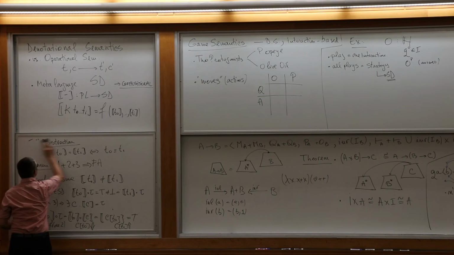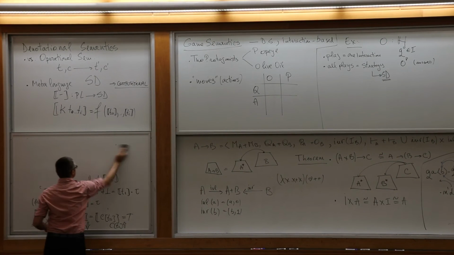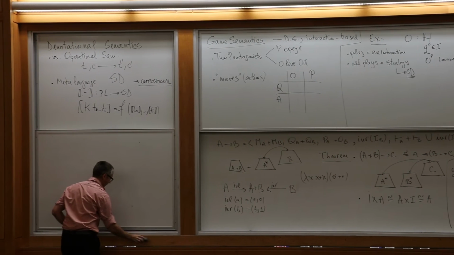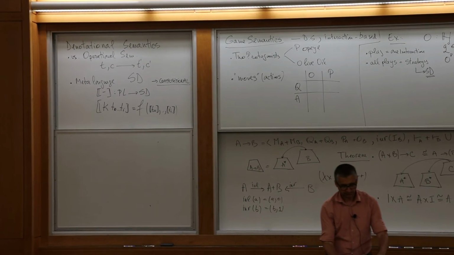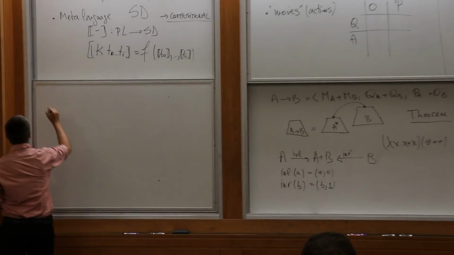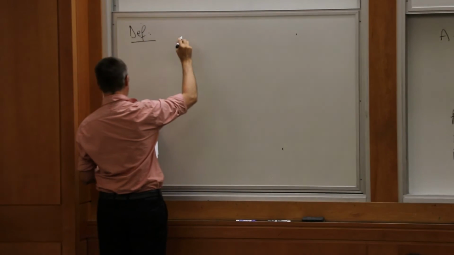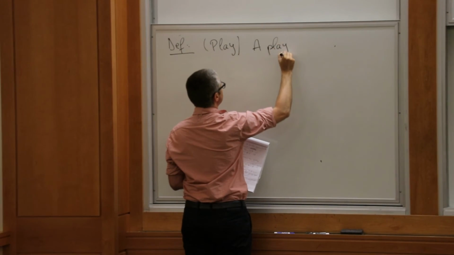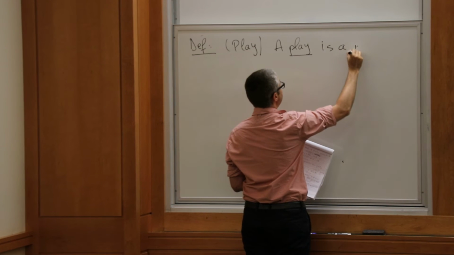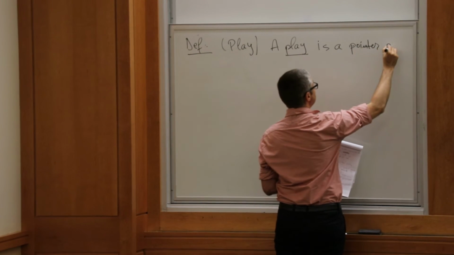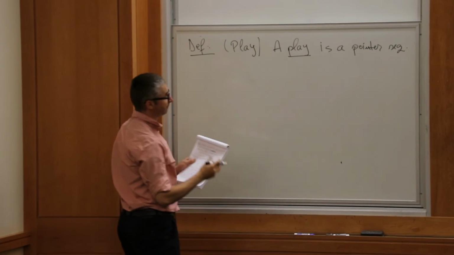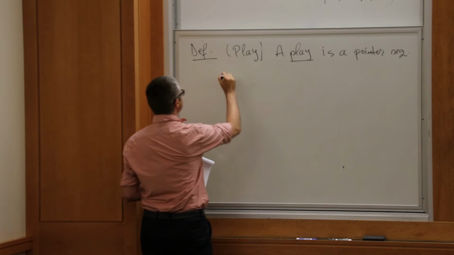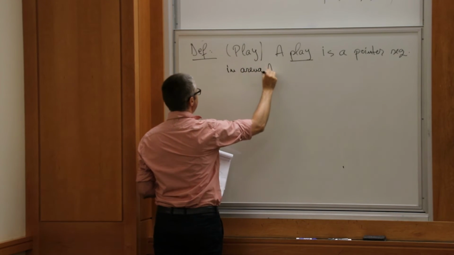Okay. So now let's define what a play is. A play is a pointer sequence. These pointer sequences, in the lingo of game semantics, are sometimes called justified sequences. It's a pointer sequence in arena A